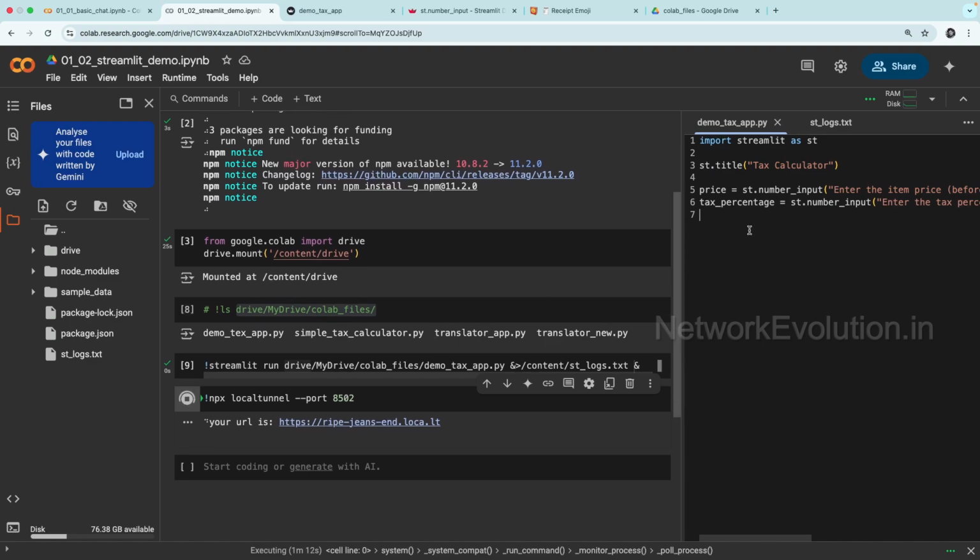Now we'll add the logic to calculate the tax. I'm just pasting it here. So tax amount is going to be price into tax percentage divided by 100. Then the total price is going to be price plus this tax amount. And finally, to print this,